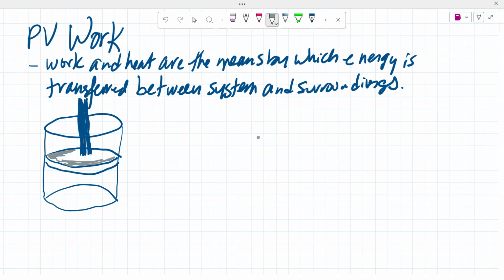And this is how we're going to figure out what kind of work is happening. All right, so this app gets upset when it thinks I'm scribbling. So I don't know, it might be upset now. Oh, it's good. All right.